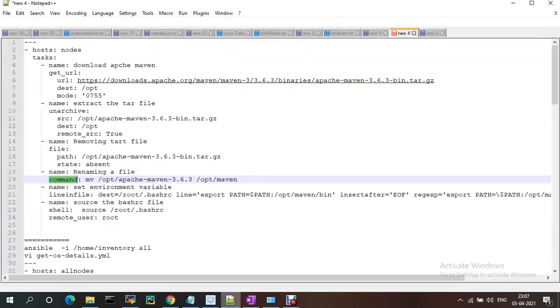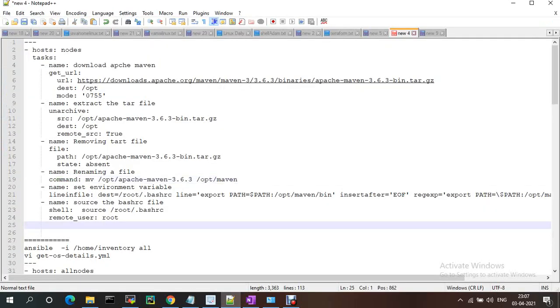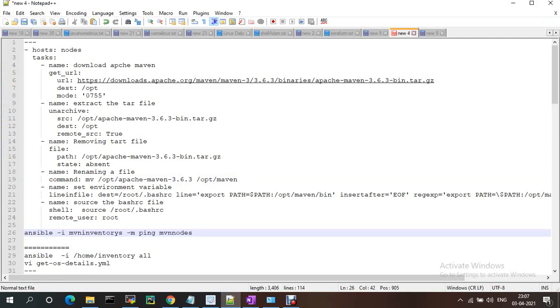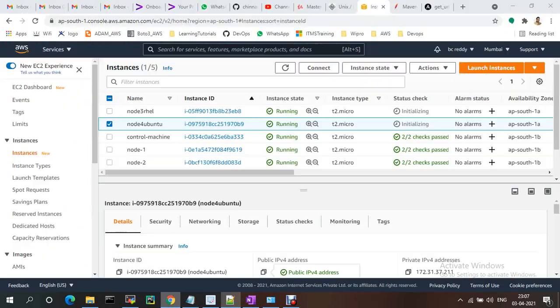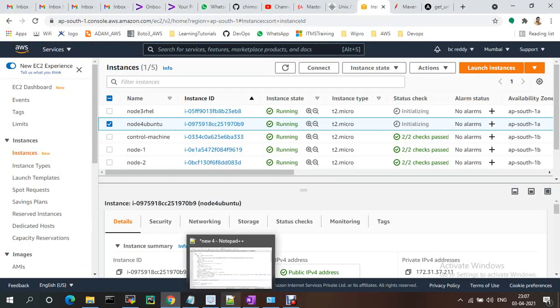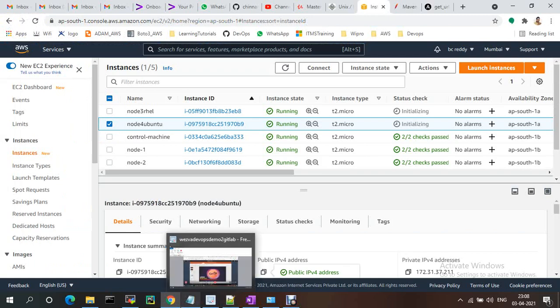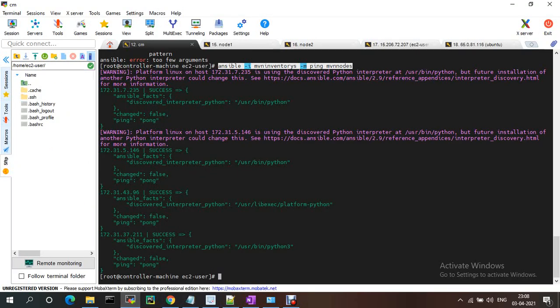Now I just need to get the OS family details of all the nodes. For that, I need to gather the facts, like the Ansible distribution.